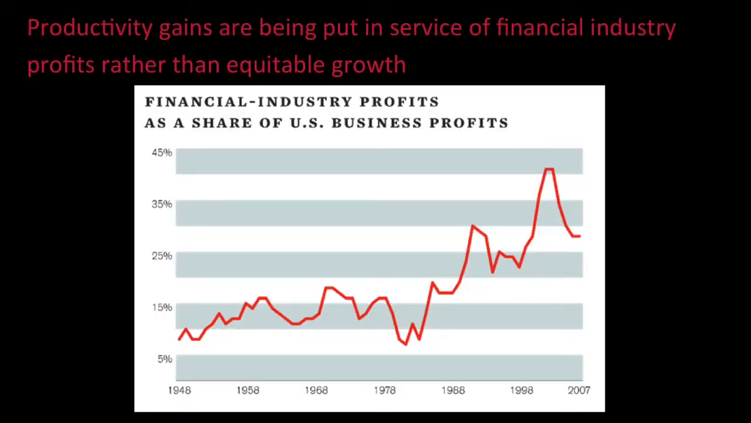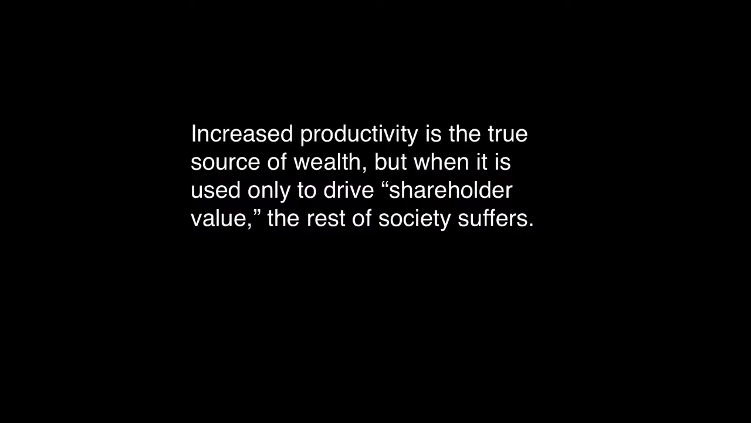This is a graph, I think from James Kwak's book, Economism, showing financial industry profits as a share of US business profits. And you see it just climbing up and up and up because we're optimizing our economy for financial outcomes, not for real world outcomes. And a lot of what I've been coming to grips with is that this is not a technology problem. Increased productivity is the source of wealth, but when it's just used to drive so-called shareholder value, the rest of society suffers. We had this idea, which took hold in the 70s, that if we simply rewarded shareholders and aligned the interests of management with shareholders, that wealth would trickle down to society,